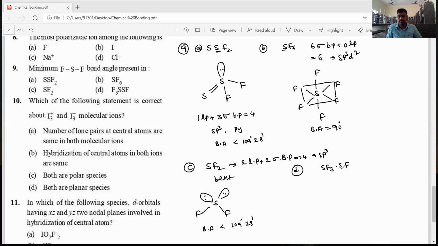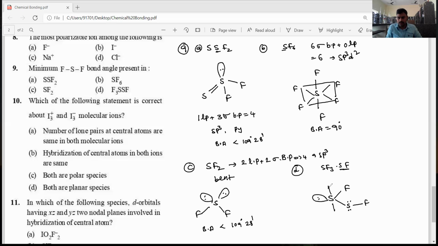Here S is the central atom bonded to fluorine atoms, dear students. This structure is being like this. So in total it contains 1 lone pair and 4 bond pairs are present. The sigma bond pairs are present. Then here the S-F bond will be constant.